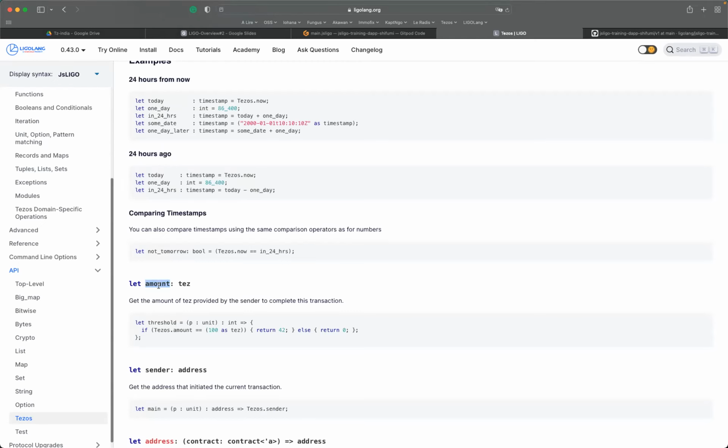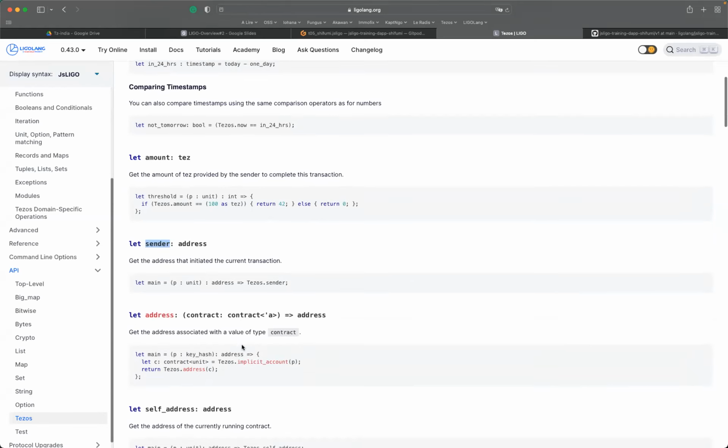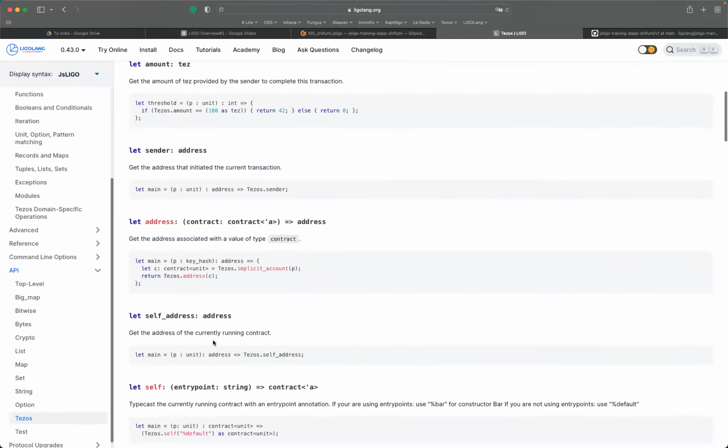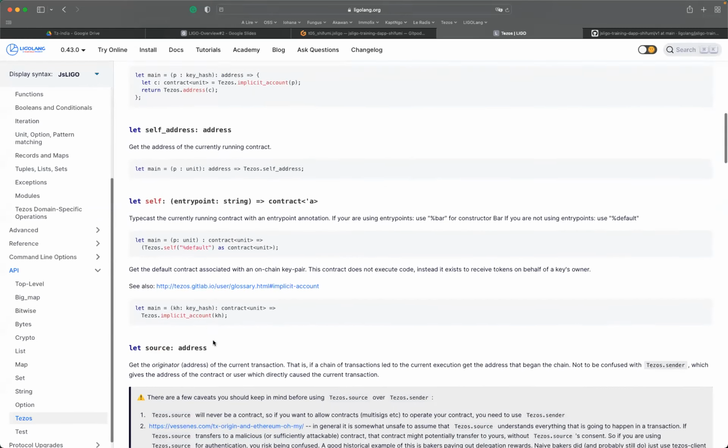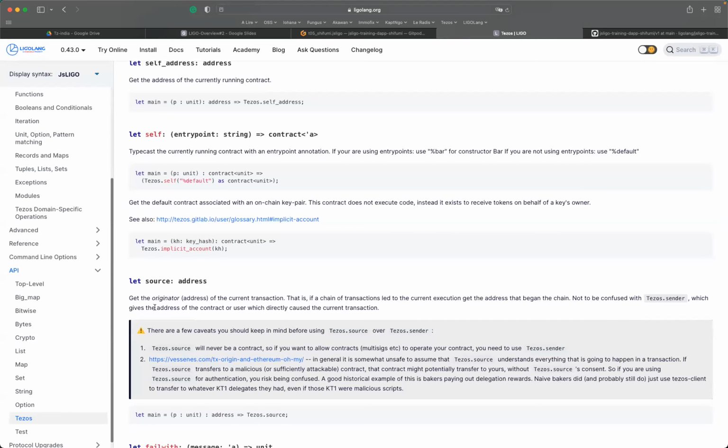You can retrieve the sender. So who sent the data in order to perform the transaction? So this one is also explained here. If you remember the Shifumi, the test here with the source, set source or set sender, I don't remember, because it's related to the test. Back to the Tezos LIGO library, you can retrieve the address of a given contract and so on and so on. You can retrieve your self address. So you have different approaches, and you also have the originator address of the current transaction. So who sent the transaction?